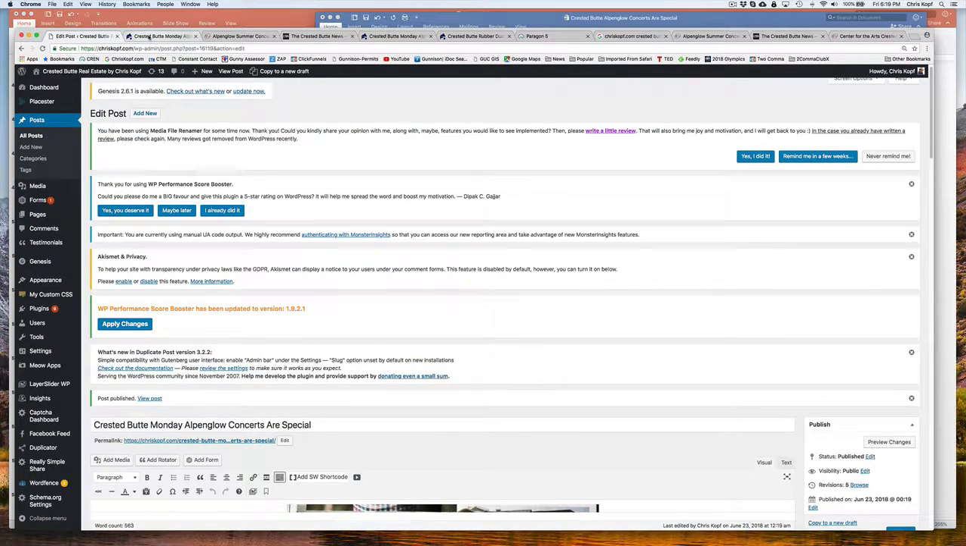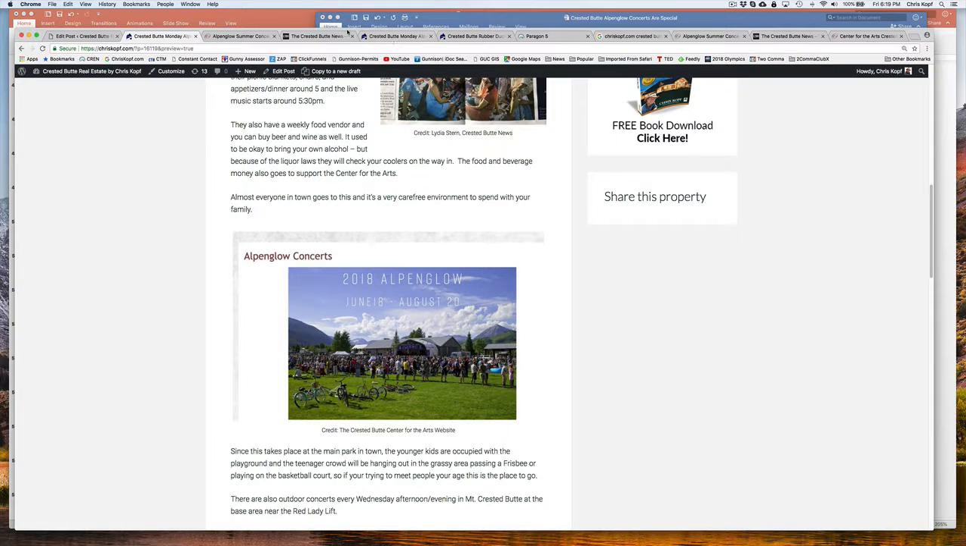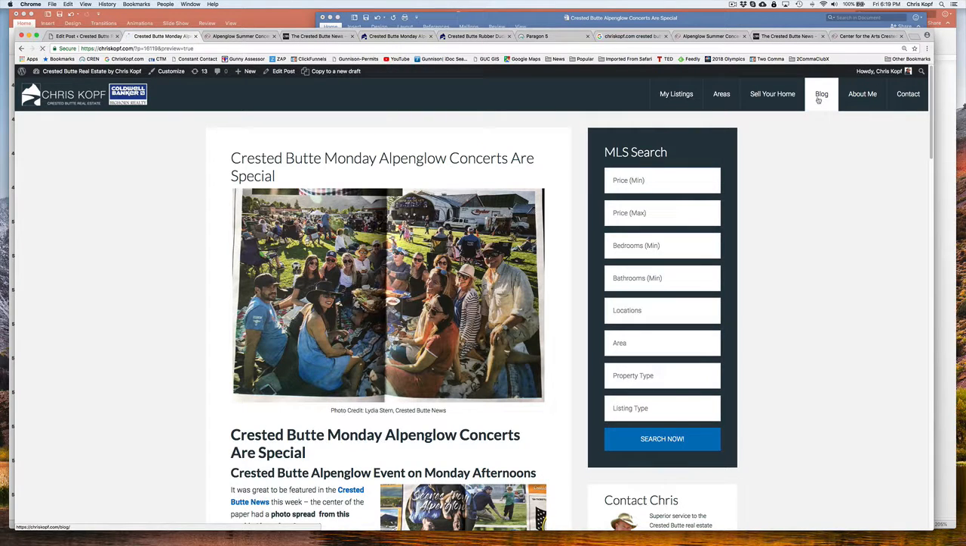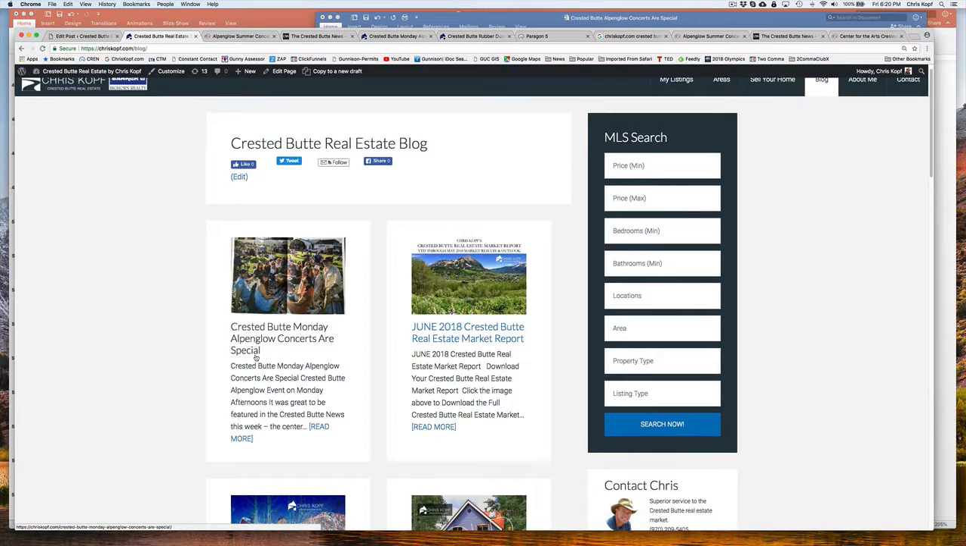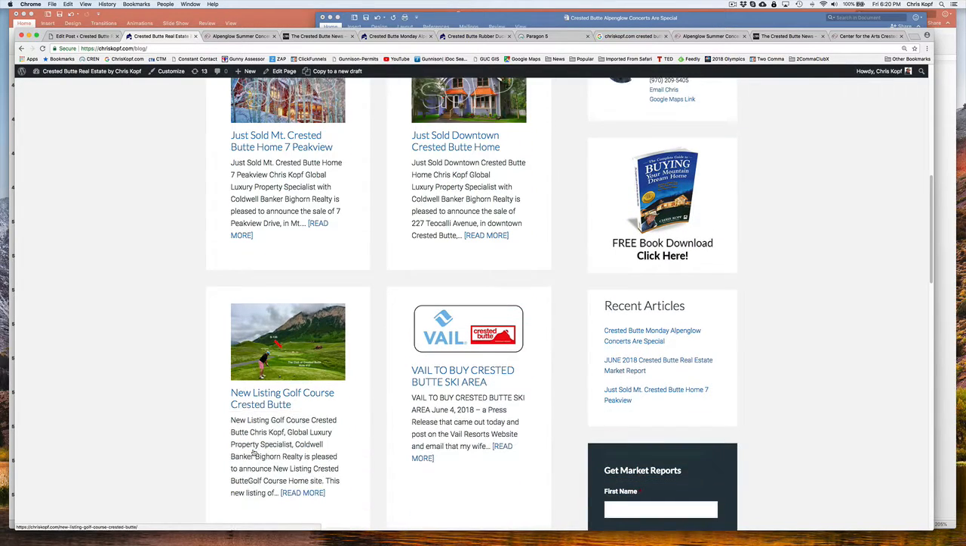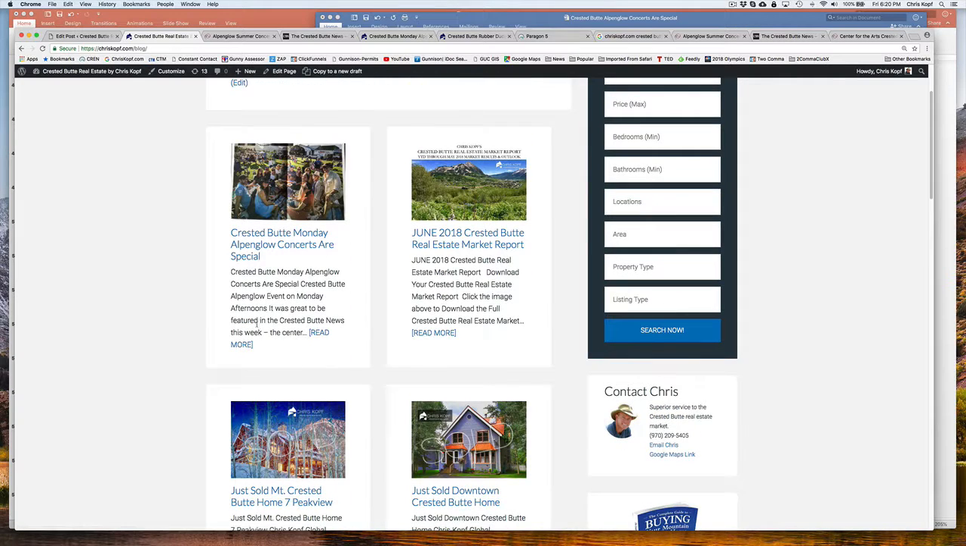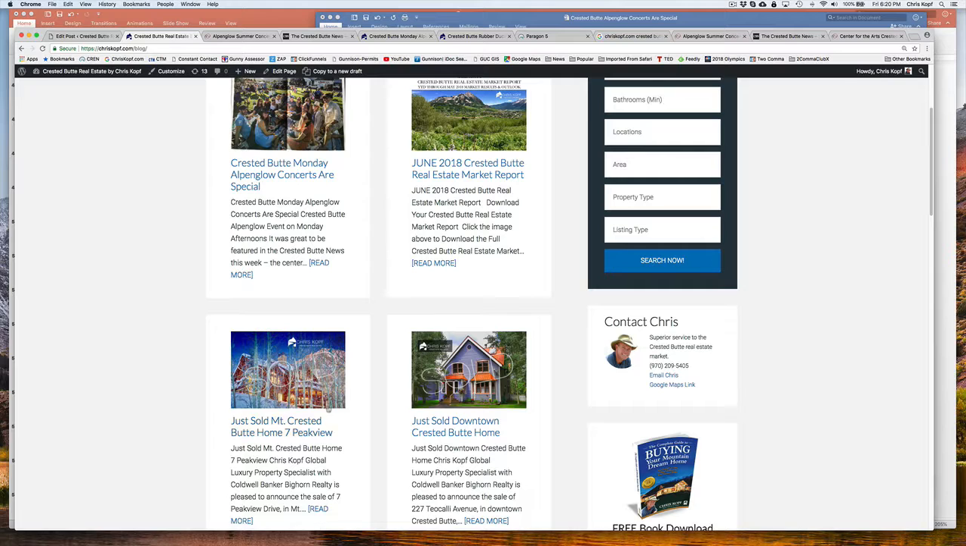And then when we go back to the website, this was the blog right here. We can see, boom, there, it's right there. Okay, remember, we did this one a little bit ago. I actually did it last week, but I replicated it for your benefit. And there we go. So you can see I've posted a Crested Butte market report and just sold these 2